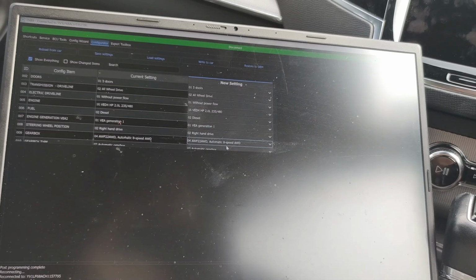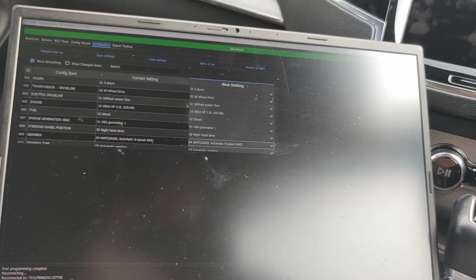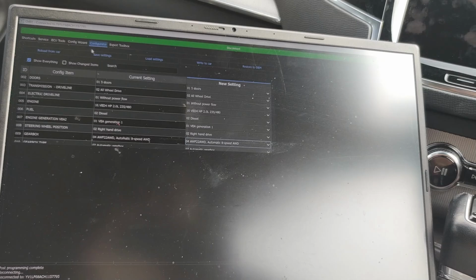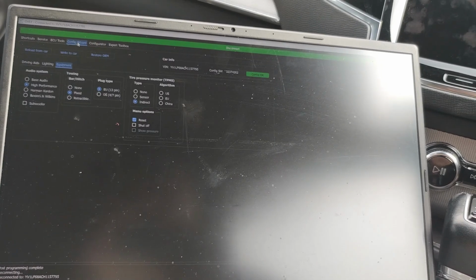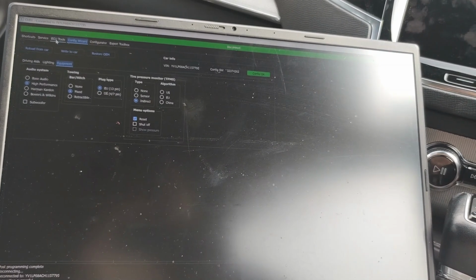Some, like I have an 8-speed automatic gearbox, I'm not going to change it. So that's the config. By the way, that's the configurator. There's some other tabs that